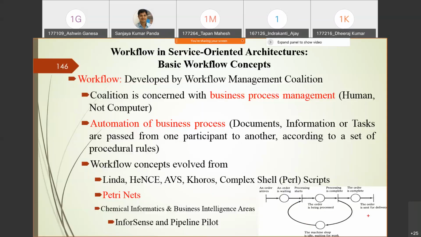One of the workflows is called infoscience, another is called a pipeline. So these are the various workflows, and you have also seen the BUINC platform. Whatever projects are there, they are also nothing but workflows. They have a workflow, right? Based upon that, they are executing various applications.